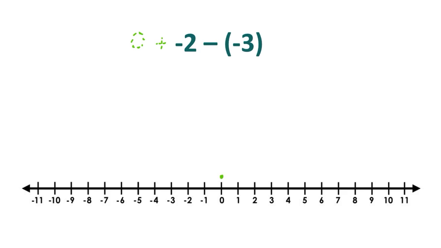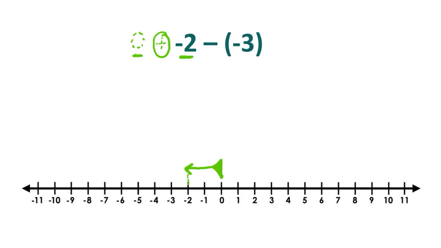All right, 0 is now my starting point, and my next term or next integer tells me the direction I'm facing. I'm facing the negative side. I'm also going to move 2 units. My operation tells me I'm moving forwards 2 units. 1, 2. And I land, so I move 2 units and I land on -2. Right. Now I stop. Everything resets.